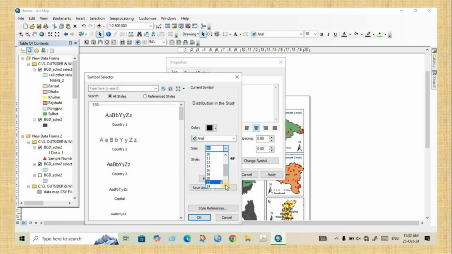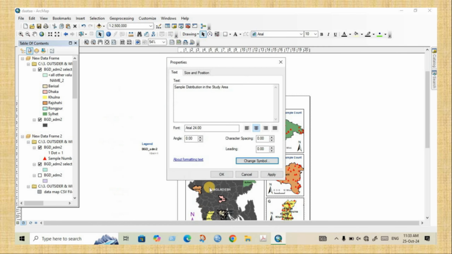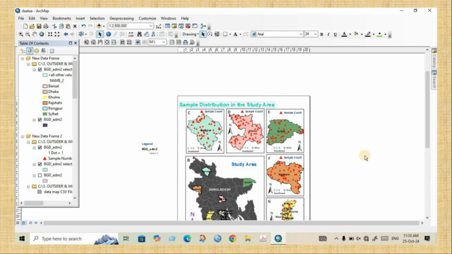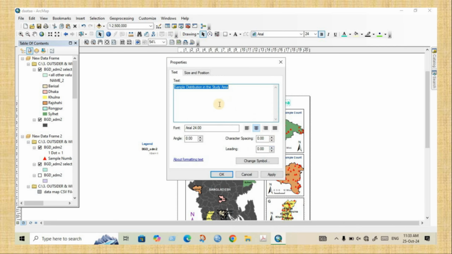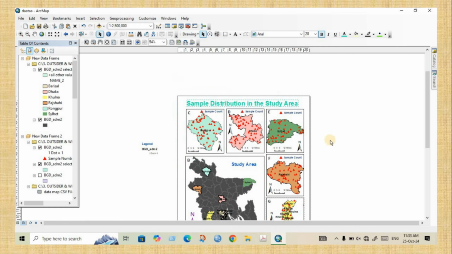We make it 24, bold, and choose the color, okay, and then apply. Okay, we can also increase the font. Apply. Okay,